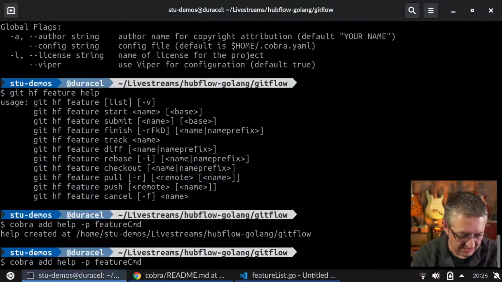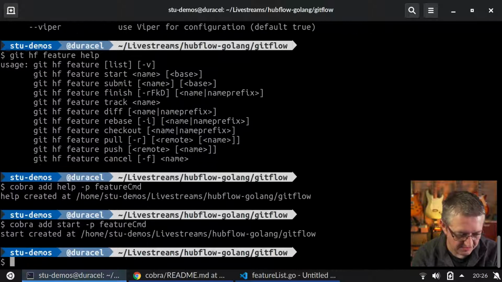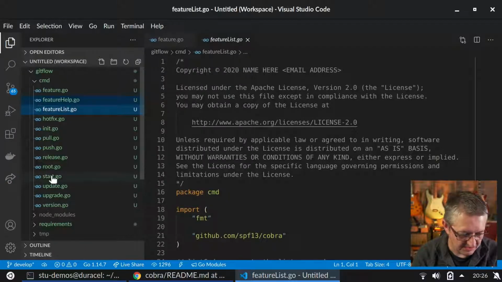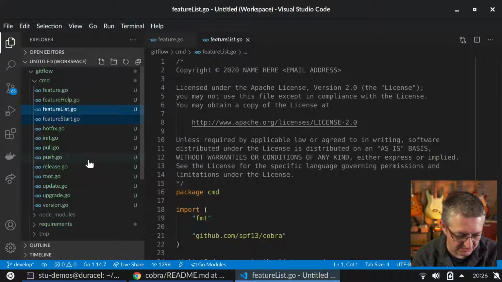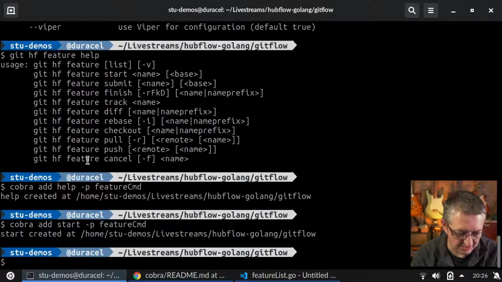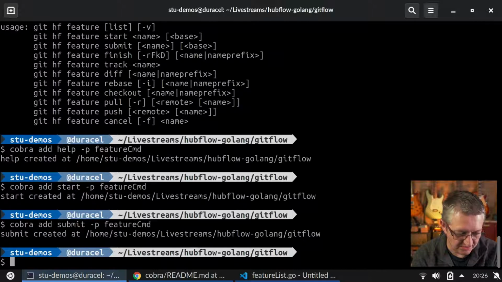Right then, so we're going to have help start, and each time I'm going in and sorting these names out, and then when we're finished we'll go through and add all the comments. Feature submit. I'm going to generate all the skeleton for now. I've got a sneaking suspicion submit is the feature that talks to GitHub that we're going to drop, because